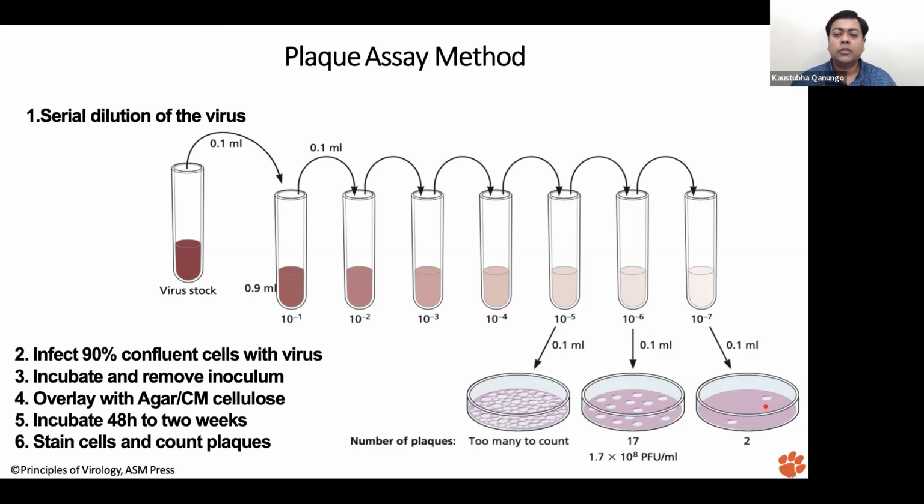So suppose we found 17 plaques in this plate. Now we can back calculate the total number of viruses in the sample from here. How? See right here, the dilution that we took is 10 to the power minus 6. We have taken